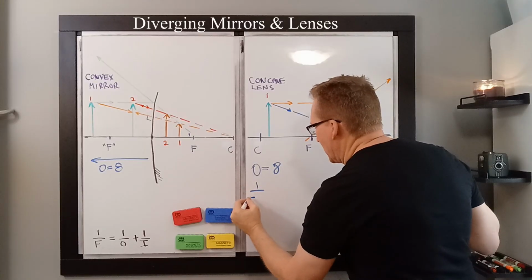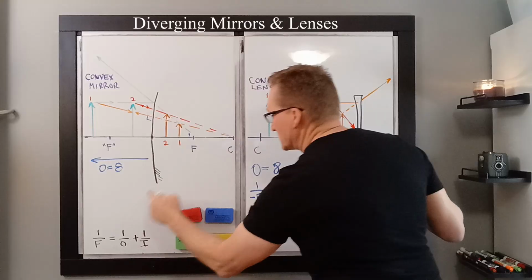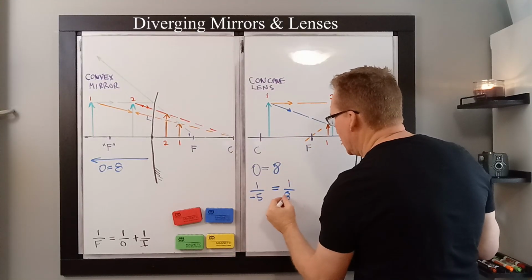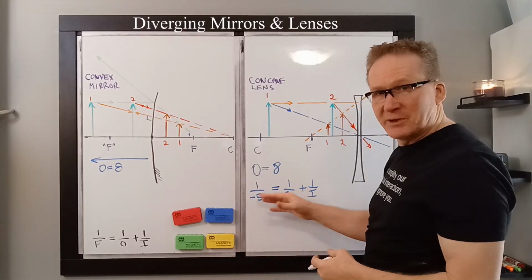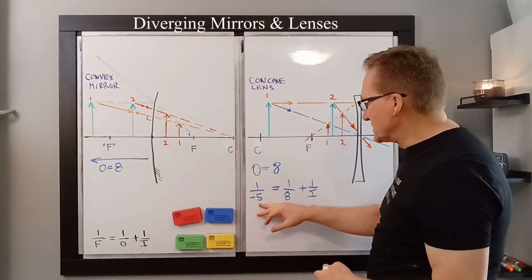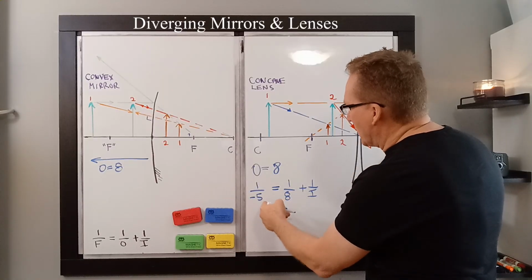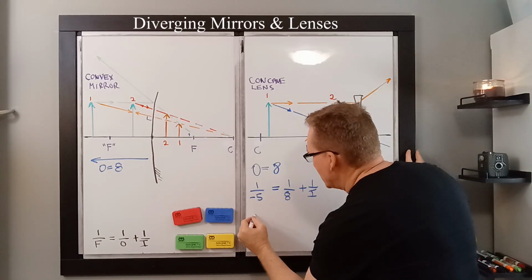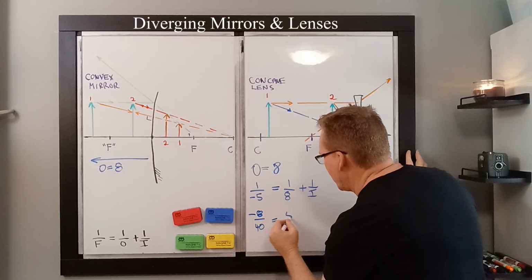1 over minus 5. Why minus 5? Because we're saying the focal length is 5, or it's minus 5 in this case, is going to be equal to 1 over the object, 8, plus 1 over the image. Now to do the math on this, you can just simply plug these into your calculator. Be very careful with the negatives and with the fractions and stuff. Make sure you keep enough digits and all that stuff. Or what I can do here is find a common denominator. Notice these both would have 40 as a denominator. This would be minus 8 over 40 is equal to 5 over 40